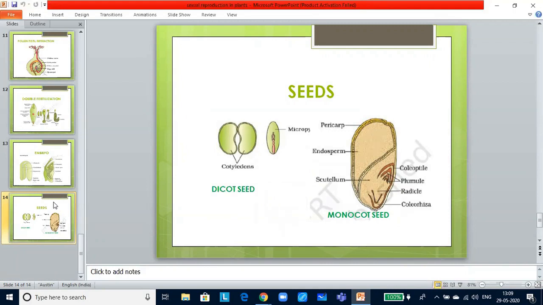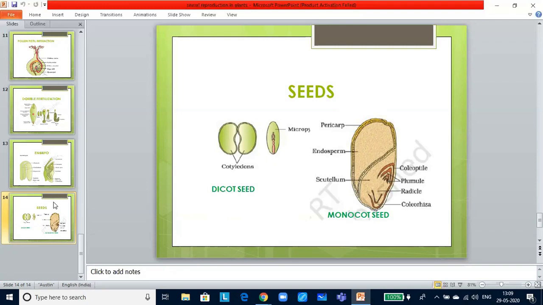Mature seeds may be albuminous or non-albuminous. Non-albuminous seeds have no residual endosperm as it is completely consumed during embryo development, as seen in pea and groundnut. Albuminous seeds retain a part of the endosperm, which is not completely used up during embryo development, as in maize, barley, castor, etc. Occasionally, remnants of the nucellus can also be seen, and this is called the persistent nucellus, or perisperm. Integuments of the ovules harden as tough protective seed coats. The micropyle remains as a small pore in the seed coat.